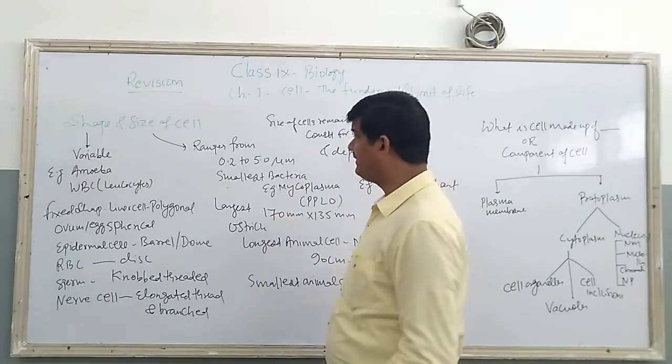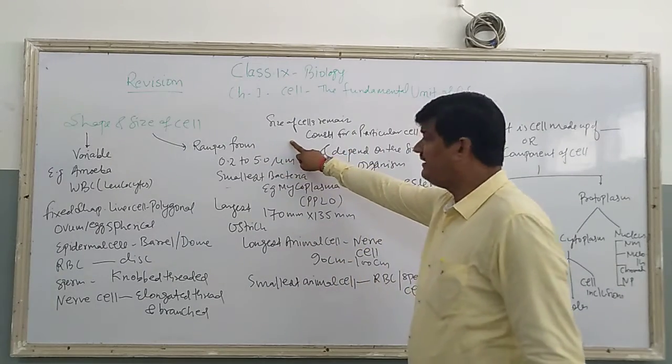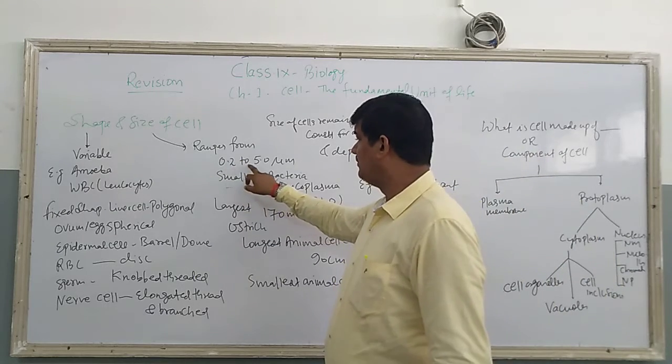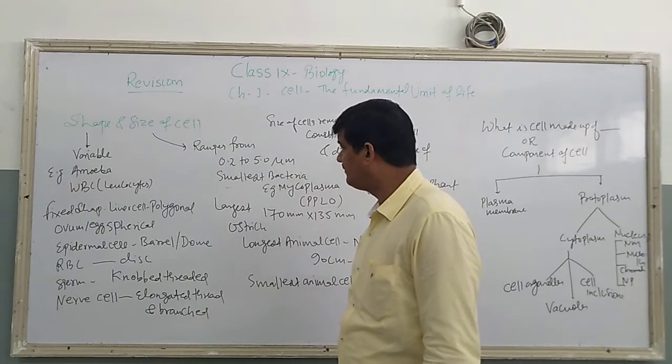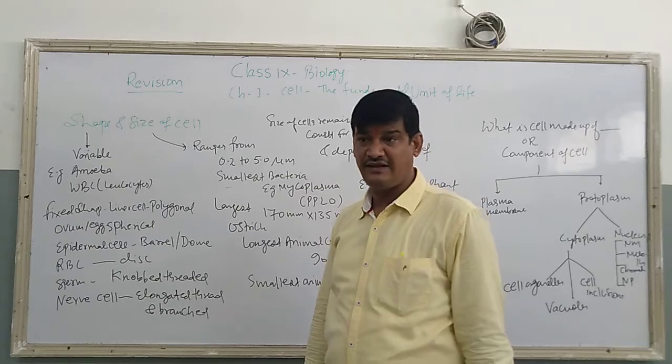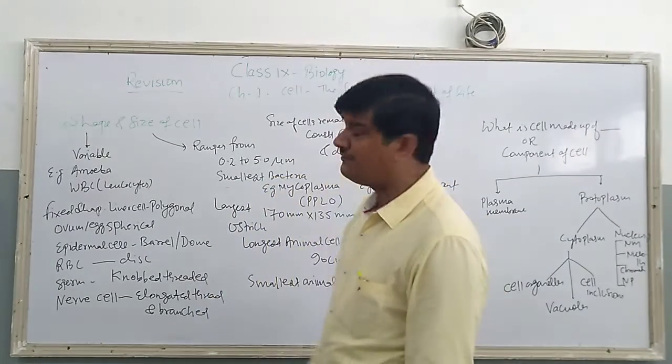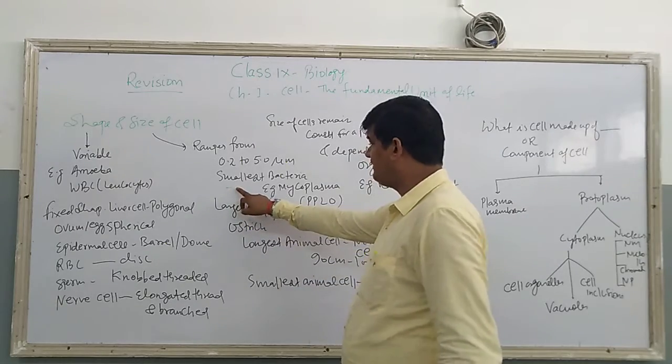Now come to the size of cells. The size of cells starts from 0.2 micrometer to 5.0 micrometer. This is the smallest cell, and the smallest cell is known as bacteria. The example of this smallest cell is the bacterial cell, that is, the